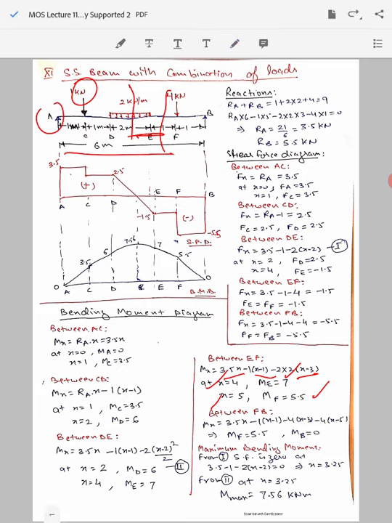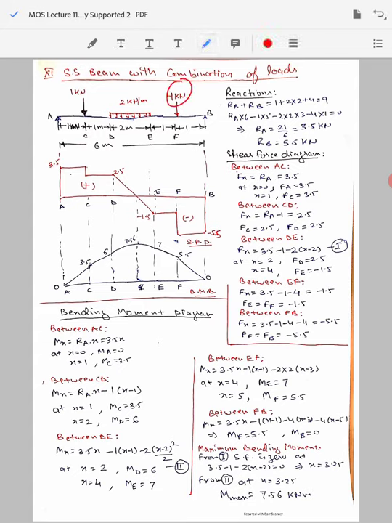You can complete this exercise by calculating the bending moment equation for the span FB, which will be very straightforward, and there will be addition of 4 kilonewton load and the moment because of that, which will be 4 into x minus this distance, which is 5 meter. So you get 4 into x minus 5, apart from the other terms that have appeared in the previous span equation.